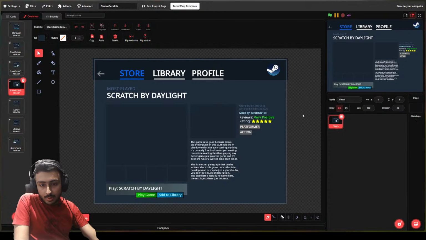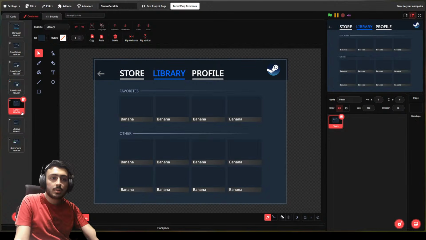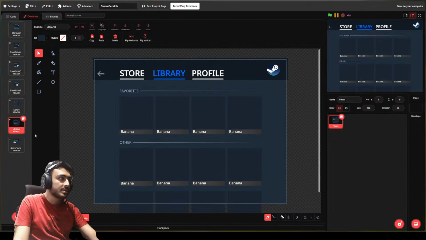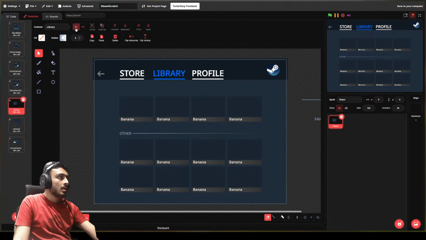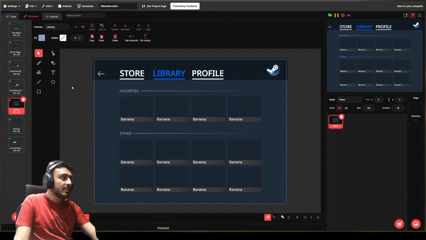What are we doing today? You're going to build Steam. Yeah, we'll code this. I'm just showing it to you, like what all we have here. This is, you can say, the library page. These are the favorites. Maybe I'll add the favorites feature. If not, we'll just have a blank page with all these boxes, without any of these categories. But I think maybe let's try adding favorites and all, so the profile is built properly.